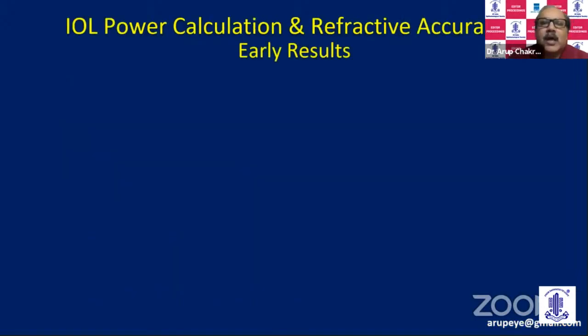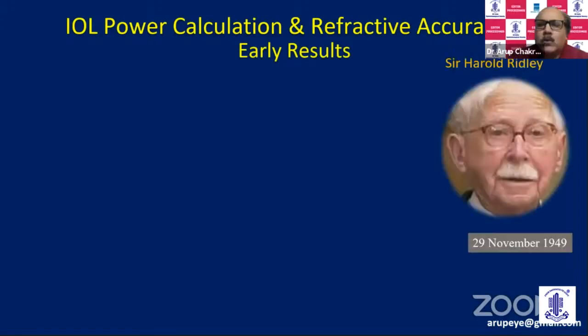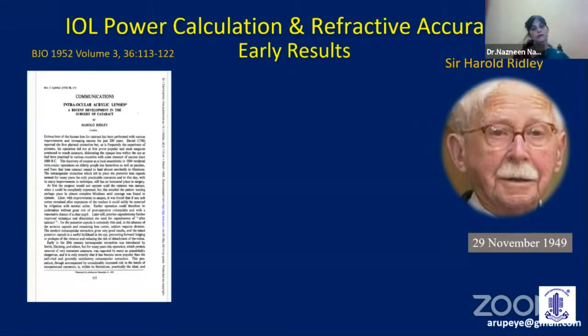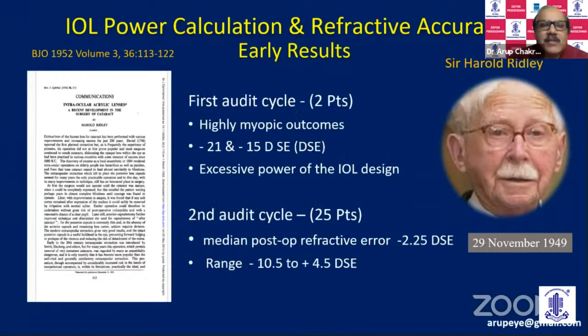So basically, how did the IOL power calculation all begin? We all know about Sir Harold Ridley, 29th November 1949, the first IOL was implanted, and on the same day was the genesis of the IOL power calculation and the refractive accuracy related matters. So anatomically, the cases did extremely well, but when the results were published in the BJO, the first audit cycle